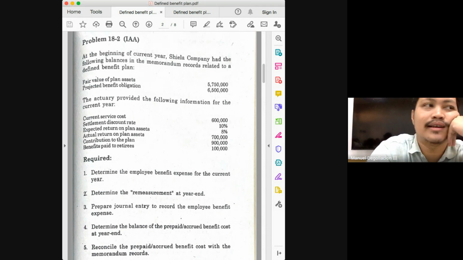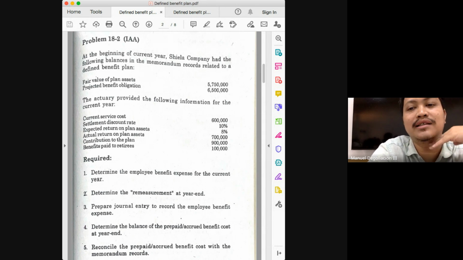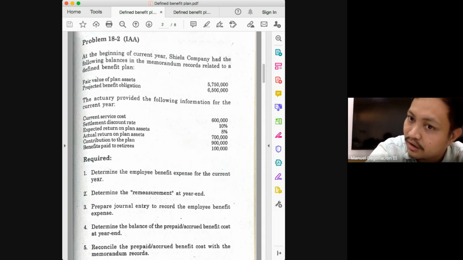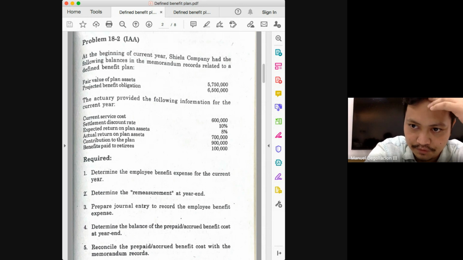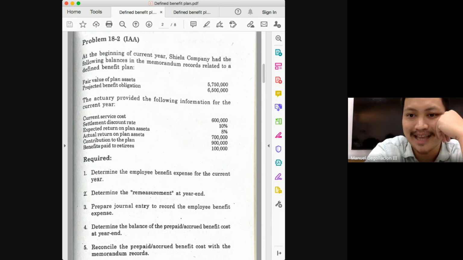Okay. Next is to look for the interest income on your FVPA. And again, what kind of FVPA should you be looking for? It is the beginning balance because it is the amount that will earn interest throughout the year. And are we given that amount? Yes, it is 5,750,000. And what do you do here? Multiply it with the same discount rate. I cannot emphasize this enough: you will only be using one interest rate here. So 5,750 times 10%, you would get 575.